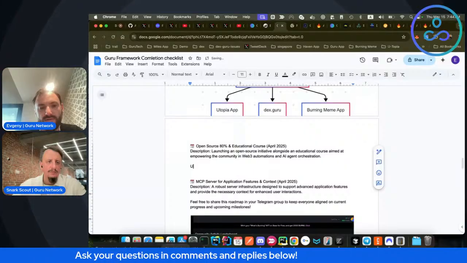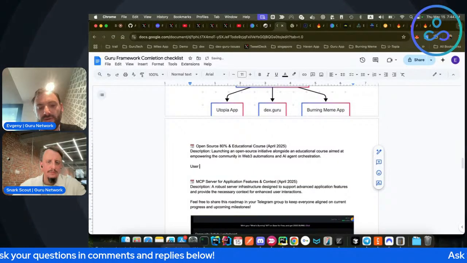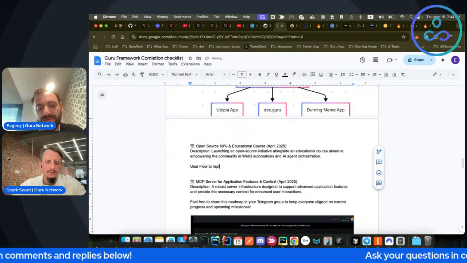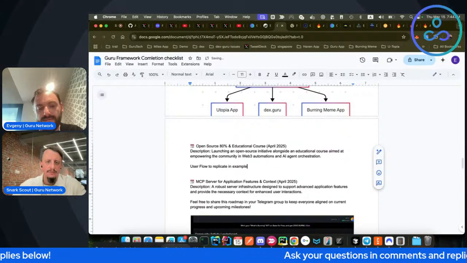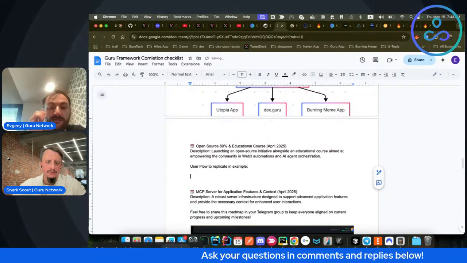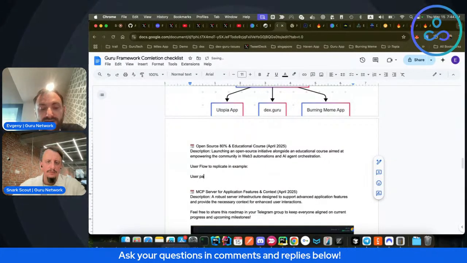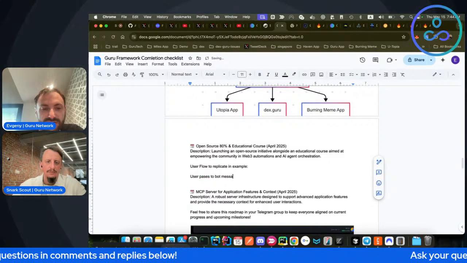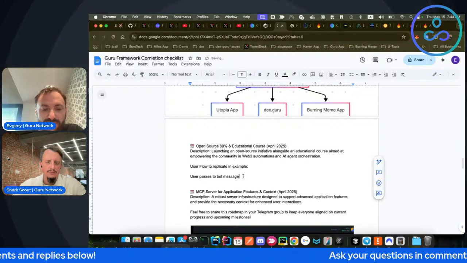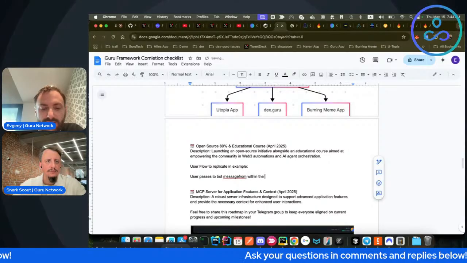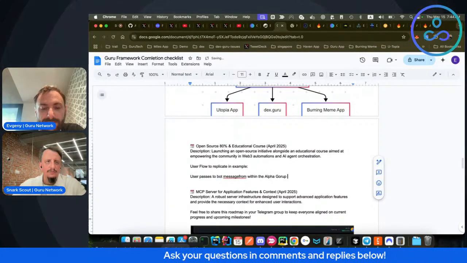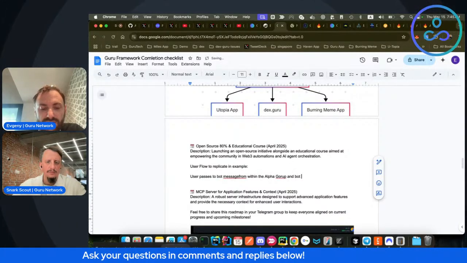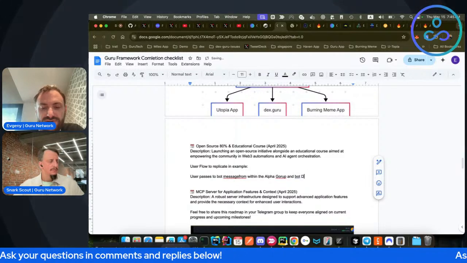So the user flow to replicate in the example app, because we are talking about it as an example app: the user passes to the bot a message from within the alpha group, and the bot does its own research